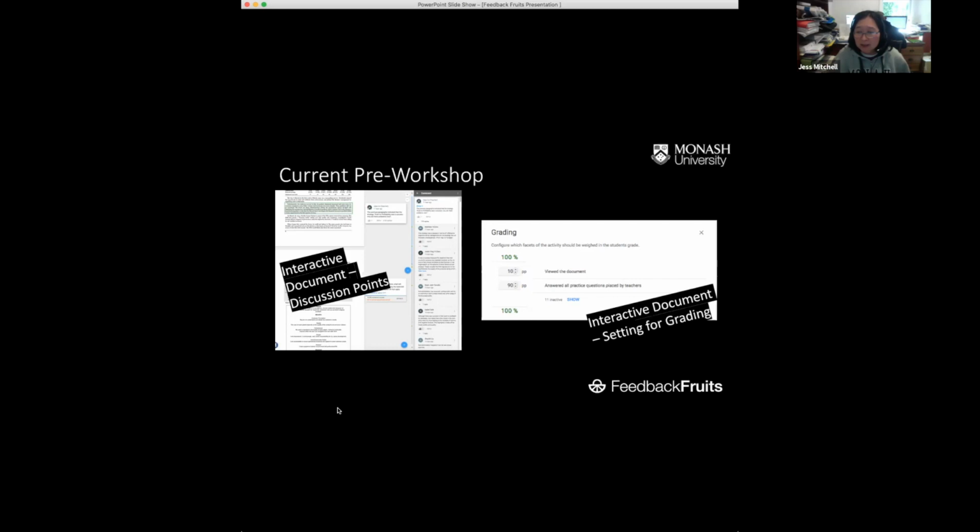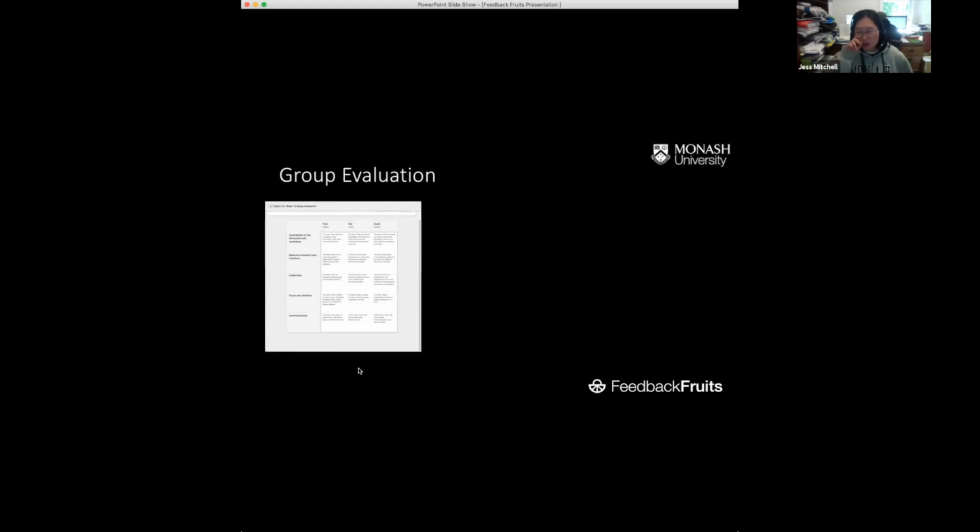The other tool that we use is the group evaluation tool. In the group evaluation tool, we've developed a rubric for the students. Because they work on an assessment, the worksheet, as a group every week, we had the choice of either doing a group evaluation periodically, like every 2 weeks or every 3 weeks, or we could get them to do it every week. We decided to do it every week because we felt that it would be a good opportunity for students to learn from feedback from colleagues, from their team every week, so they can improve on their performance.